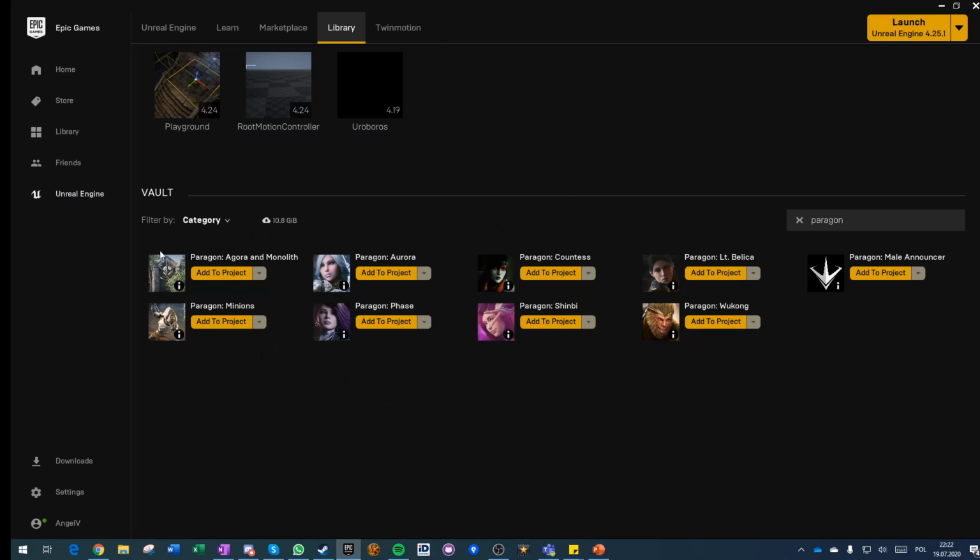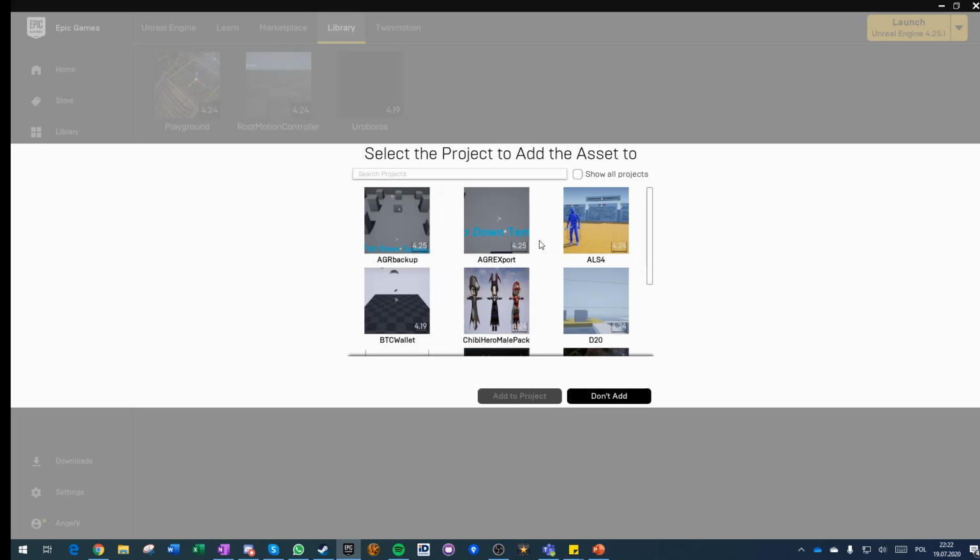Here I already filtered my vault by Paragon assets that I added to my vault. I haven't added all of them because there's usually a lot more. And we need to pick the character we'll be working with today, and I will pick Countess because from all the really cool chicks in Paragon that I really like, I'm just drawn to dangerous women, and this is my perfect waifu material. She's just trouble. Let's use her. So we're adding this,